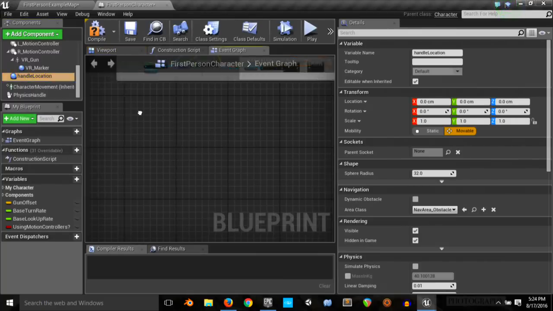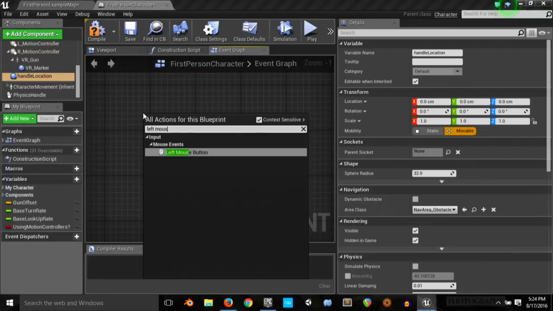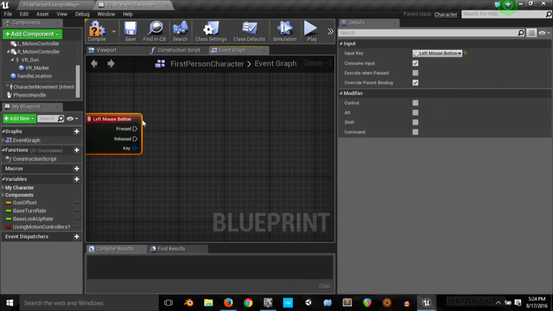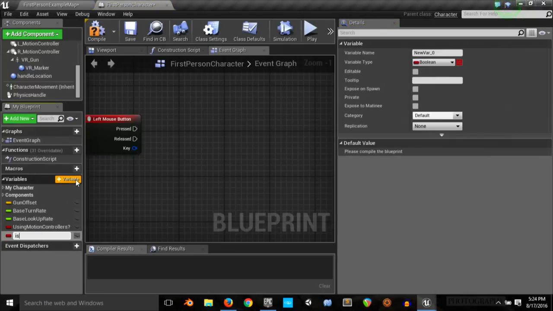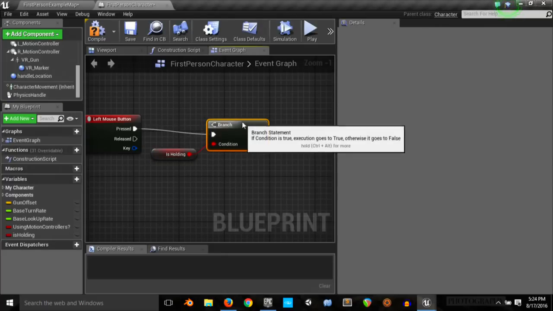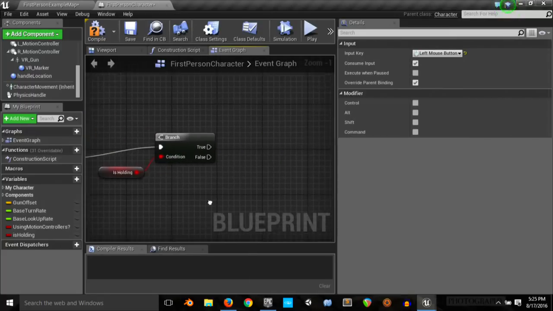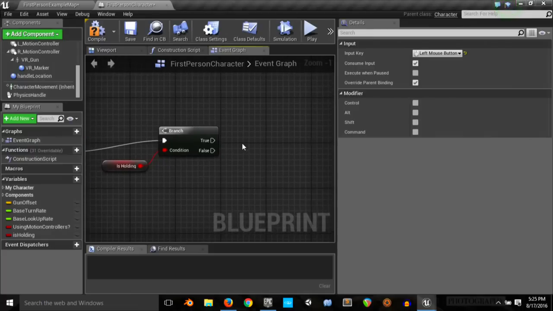Okay, so I'll just hook this up to the left mouse button. And so when it's pressed, we'll make a variable that says is holding, to check if we're already holding something. We'll get that and branch. Okay, so if we're not holding something, then we want to do